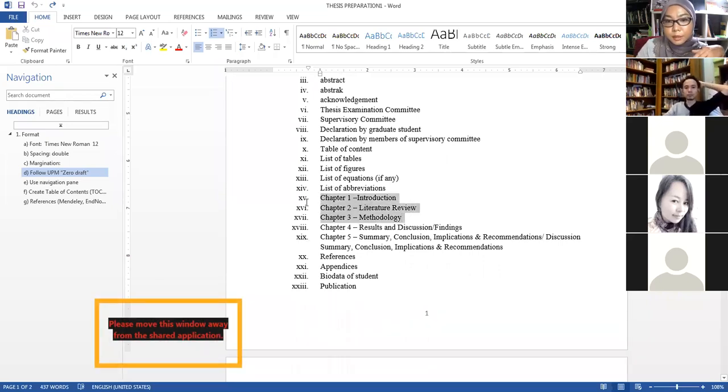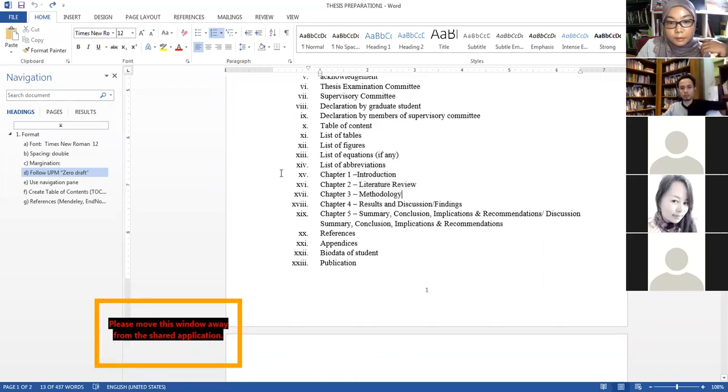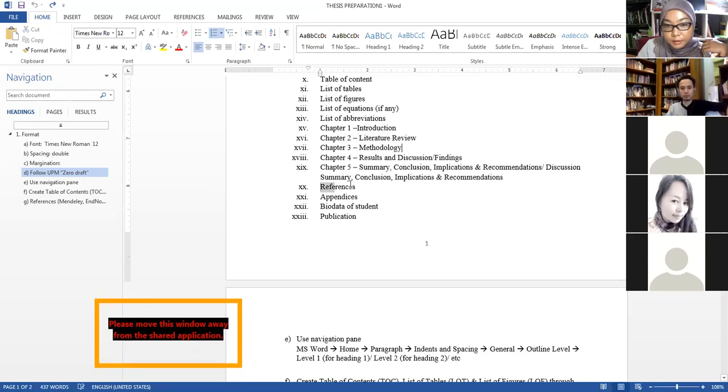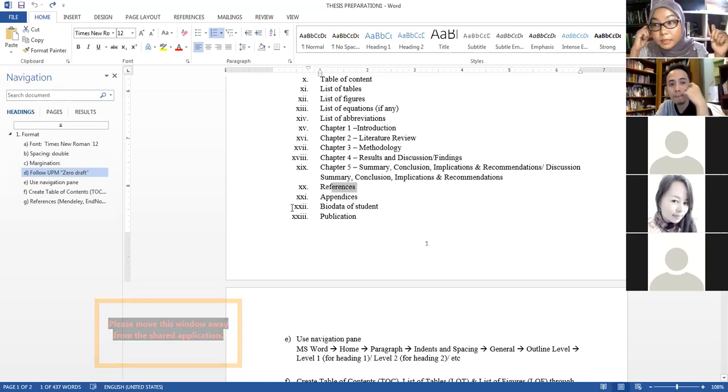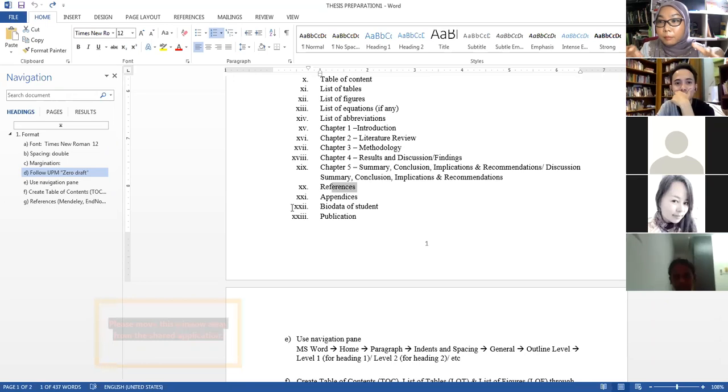Because in this session we just covered up to three chapters, we stop here. And then the references, appendix. This one is the full format. In terms of references, I've shared with you the SIG APA format. I thought the size is quite huge, but make sure you keep that file for your reference, that version.